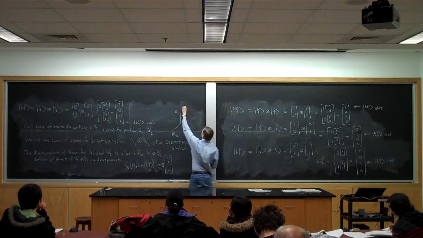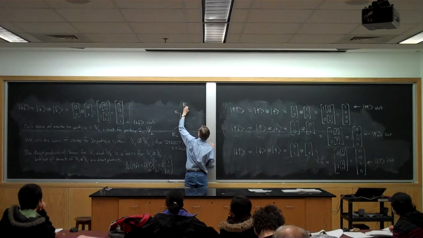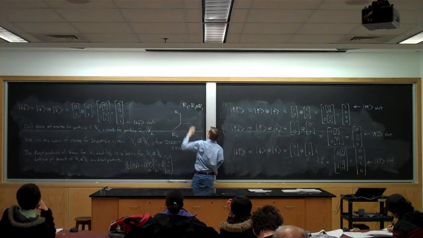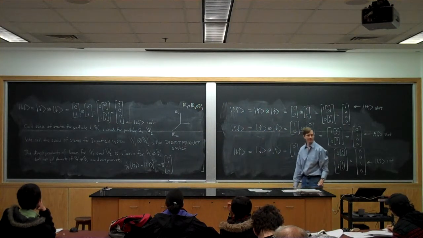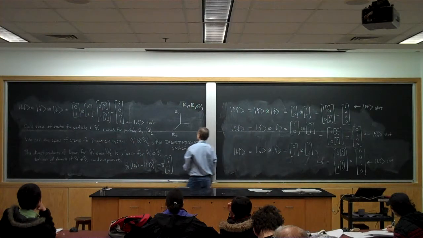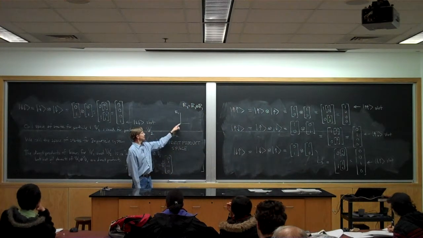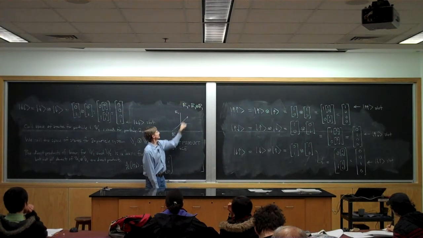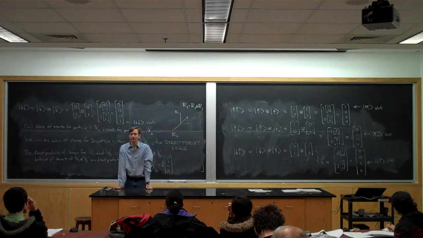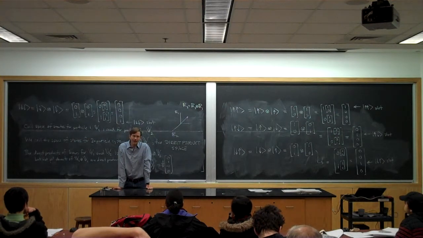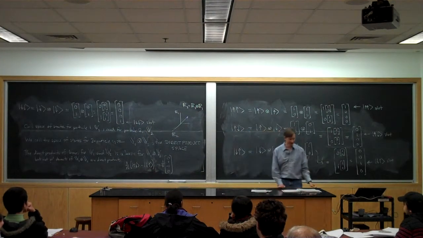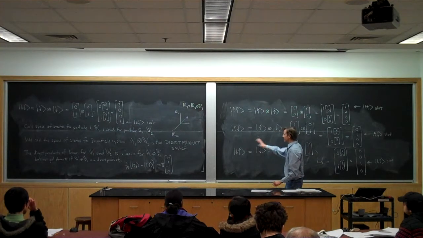Well, R3 is in fact the direct product of R2 and R1. And it's certainly true that not every vector in R3 is a direct product of a vector in R2 and a vector in R1. There's not enough time for me to expound upon that further, but you can convince yourself of that. But in any case,